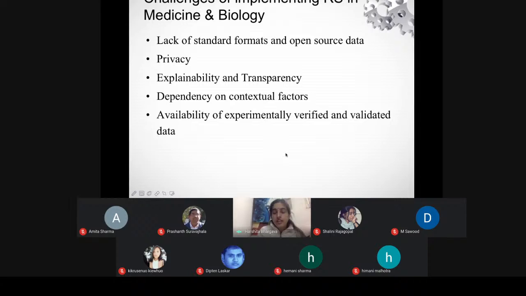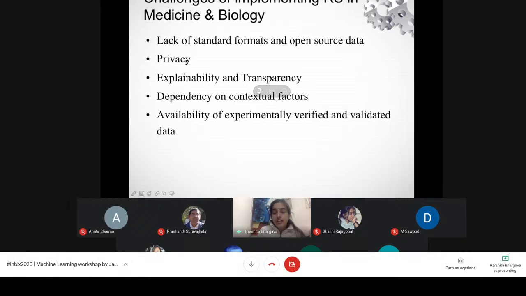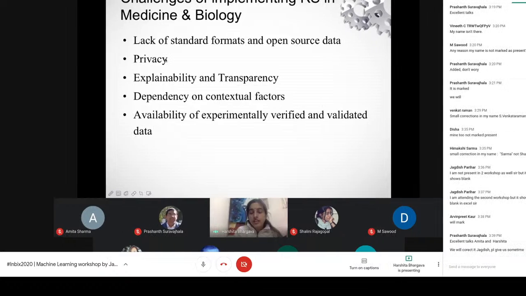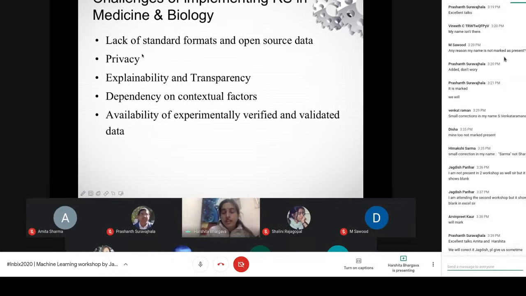Okay, and open source data in medicine, if we talk about the patient data, that is not open source. It's not available. ठीक है, तो यहाँ पर it's not available for free. You can't utilize it for further analysis. ठीक है, आप research में भी अगर काम में लेते हैं तो that is not an open source data. ठीक है, so you have to take care about these challenges. ठीक है, next is the privacy. No patient would like to share their data, ठीक है, in the open source format. तो यहाँ पे privacy is a concern.